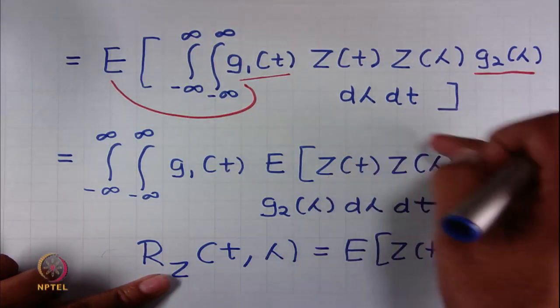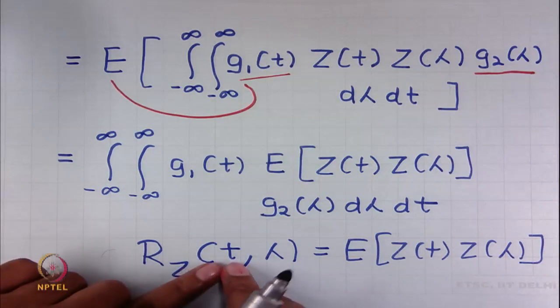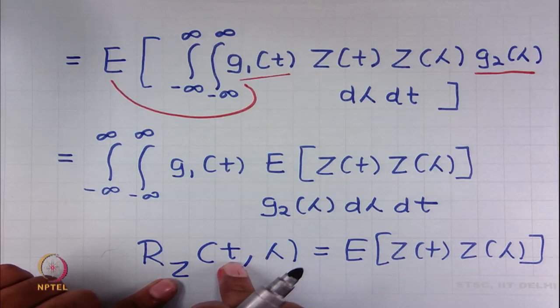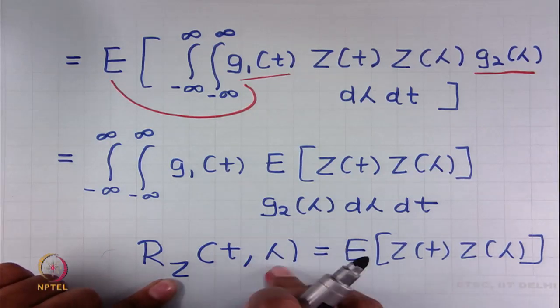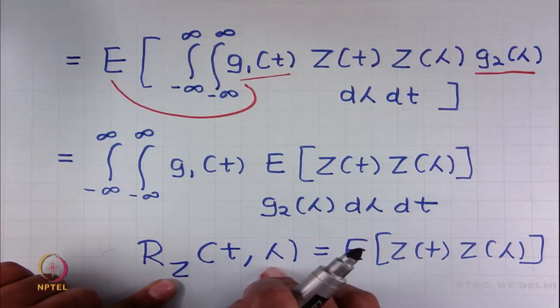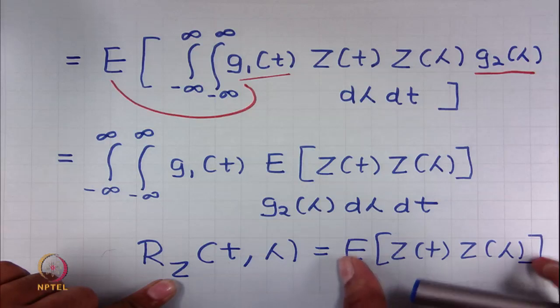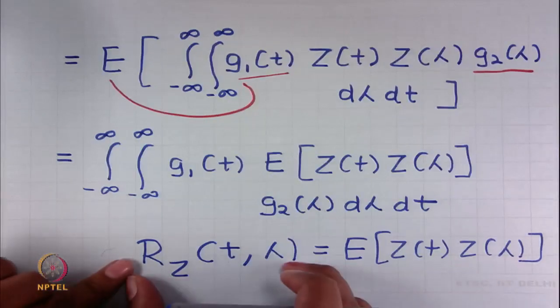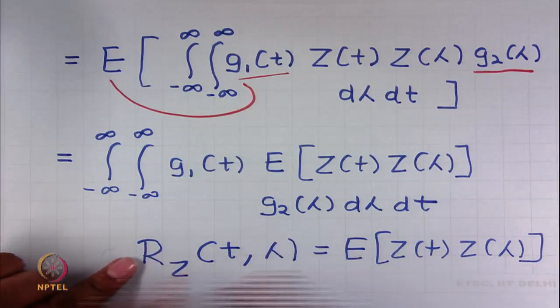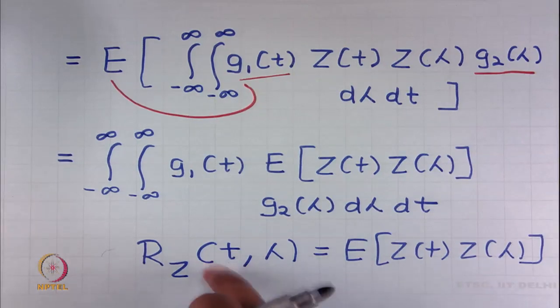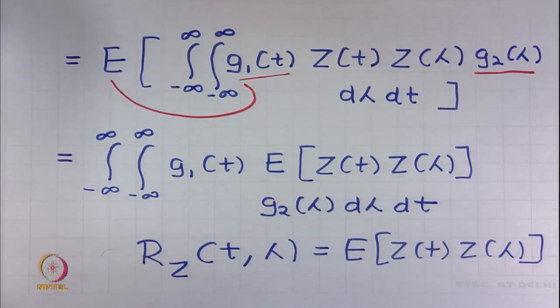where I am collecting the two random variables z of t and z of lambda. So, this denotes that I am collecting the random variable from the random process z of t at the time instance t, and I am collecting another random variable at the time instance lambda. Okay. So, I know that I can represent this in this form, and this is known as the autocorrelation function. So, substituting this in place of this, we get